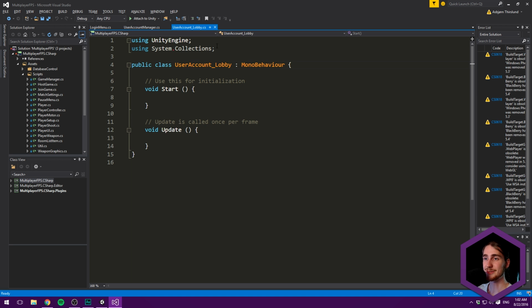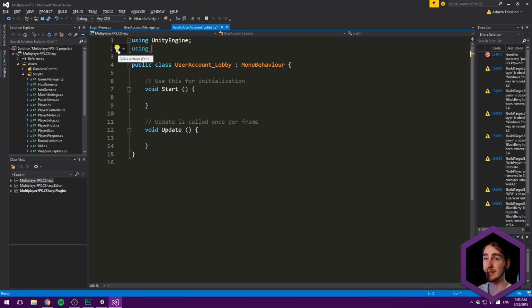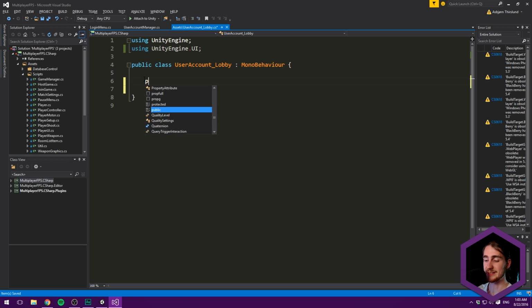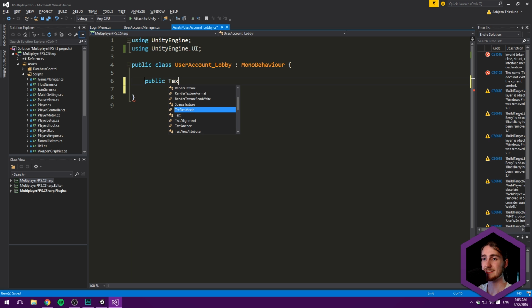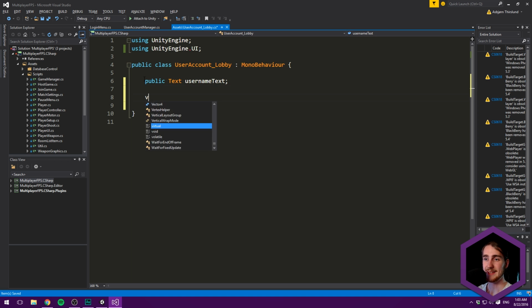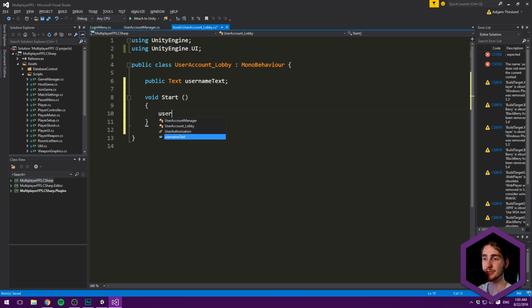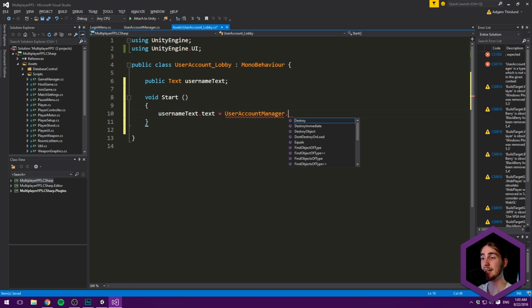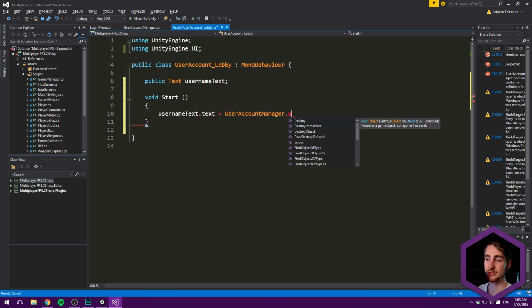Okay, so we are not going to be using System.Collections, but we are going to be using UnityEngine.UI. We are going to be referencing a text object, and let's make that reference right away. So this is going to be a public Text, and we're going to call it our usernameText. And then when we load the scene, which means in the Start method, we will set